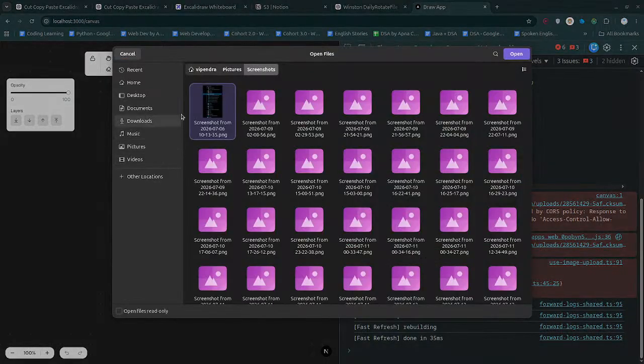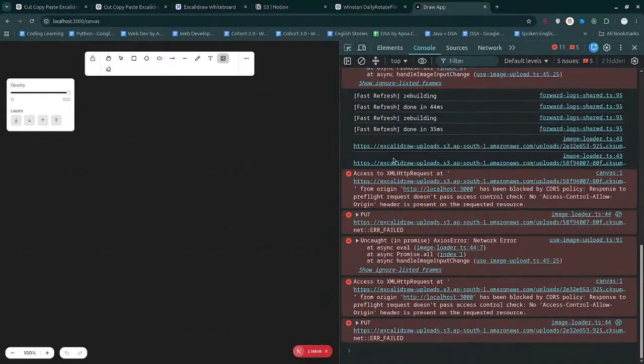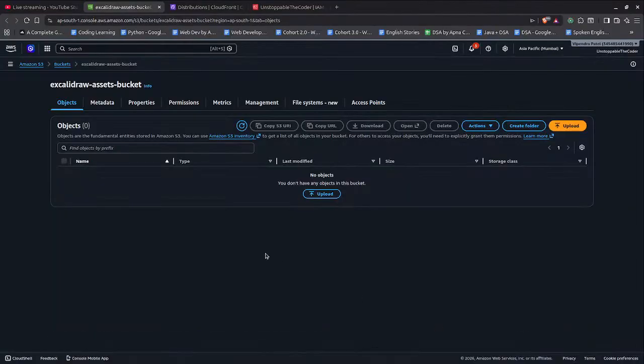That simply means if I'm going to get two images from here, I'm going to get two URLs. Excalidraw uploads to S3, so this is how it works. Then the second thing is that access-to-XML error: this request from origin has been blocked by CORS policy, so we have to enable it as well. So, permissions,